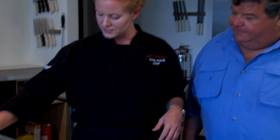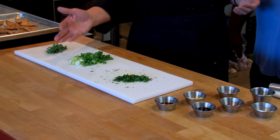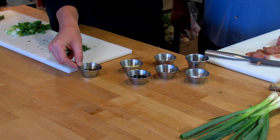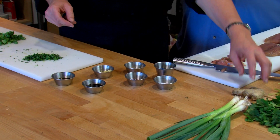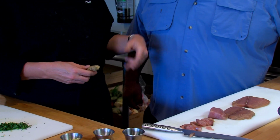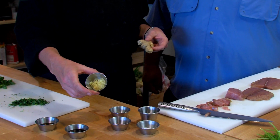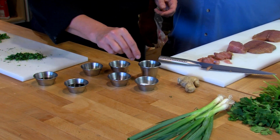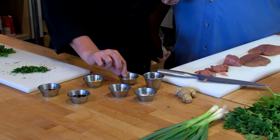So before you even get started, you're gonna have your mise en place together, which is 2 tablespoons of basil, a whole bunch of green onions, scallions, 2 tablespoons cilantro, a tablespoon of sesame oil, a tablespoon of soy sauce, a tablespoon of fresh ginger. This is not the spice that your mom put in the apple pie or the pumpkin pie. You're gonna use fresh ginger, peeled and then minced up like this. A tablespoon of chili paste, tablespoon of salt, 2 tablespoons olive oil, and then a teaspoon of pepper, all into